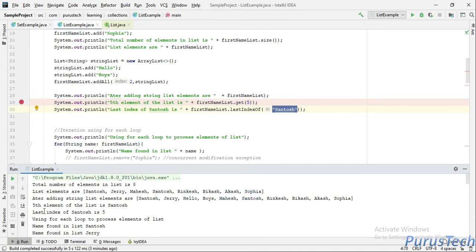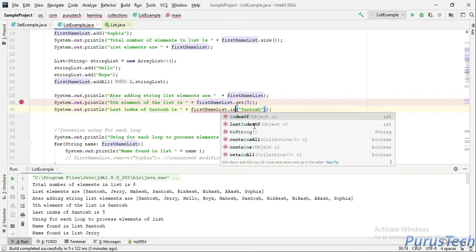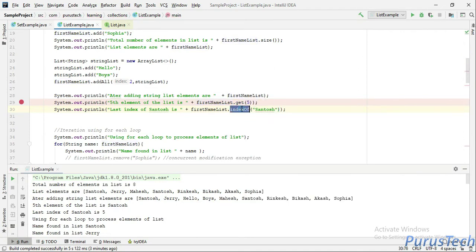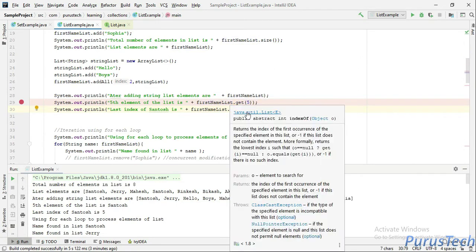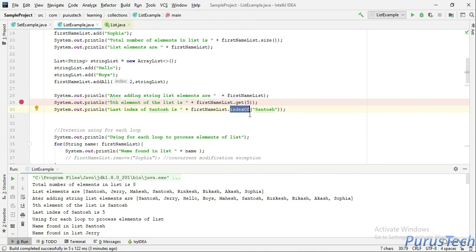So the last index of Santosh is 5. If you just use indexOf, then this will return the first occurrence index of this object, so it should return 0. Let's just revert it back.